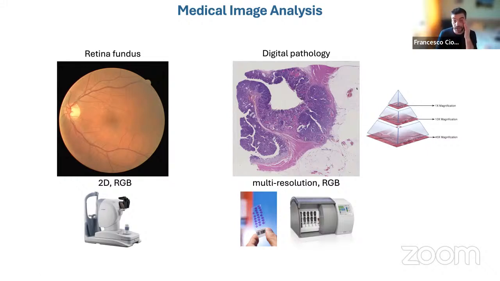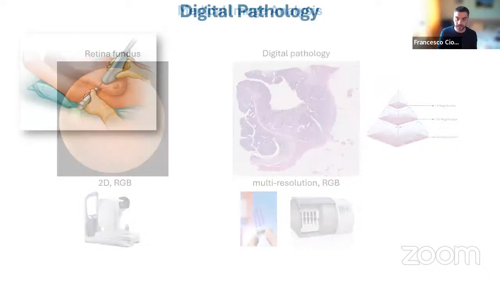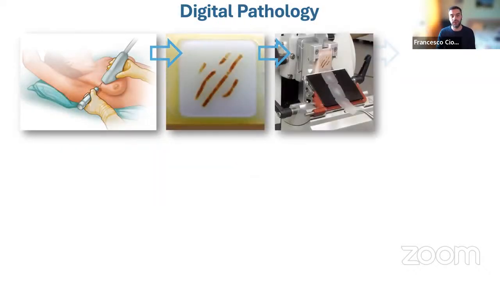So this type of images really are huge, in the order of hundreds of thousands by hundreds of thousands pixels. And you really need specialized APIs to even view them, because it works a bit like Google Maps. So I will talk a lot about this modality because it's actually what I'm doing research on. But I will try to connect also a bit with, for example, radiology images with the CT. But maybe a bit more about pathology now.